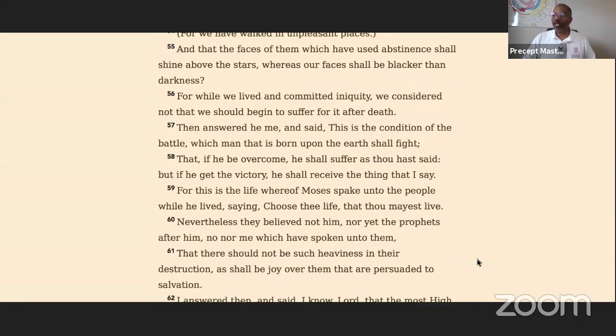But let's move on. Nevertheless, they that believe not him, nor yet the prophets after him, because they're not going to believe. Prophets can come and say many different things, but they couldn't care less. They're not going to believe them. They don't see these things. But then you have people proclaiming prophets, and they don't do anything in the Bible. They proclaim their prophets and can't precept their way out of a dang crackerjack box. But they say they're a prophet. And then as soon as you challenge it, they'll back away.